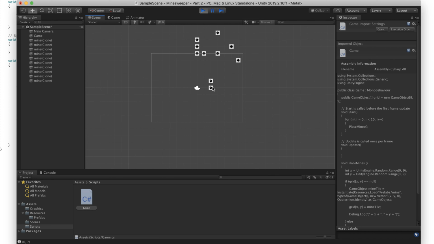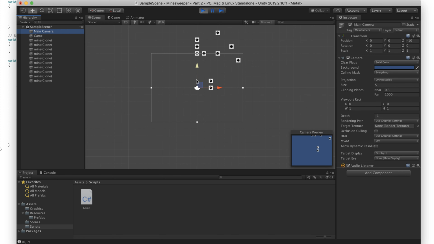So like 1, 0, 1, 0, 0, 1, 0, 2, 0, 3, 0, 4, and so on, all the way throughout the grid. So we're going to go from 0 to 9 and 0 to 9 in both the X and the Y direction. This camera is positioned from its center. So what we really need to do is just drag this camera over